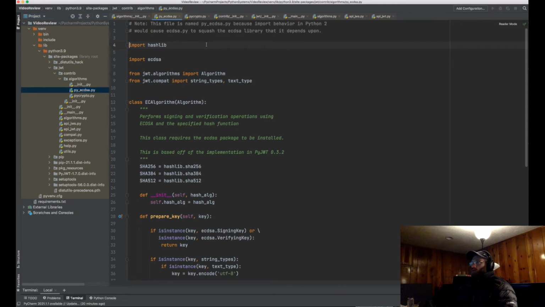Hey guys, my name's Jacob Sanders, and today I'm going to be going over the PyJWT source code. This is part of a series that I am going to try and do, which is basically me reviewing the source code for a bunch of different Python libraries that you can easily pip install so that you have a deeper understanding, and I develop a deeper